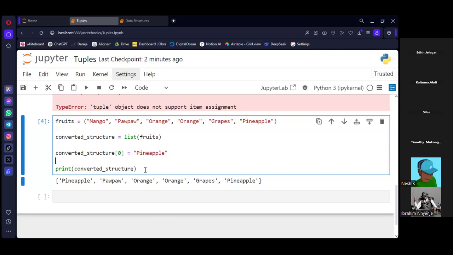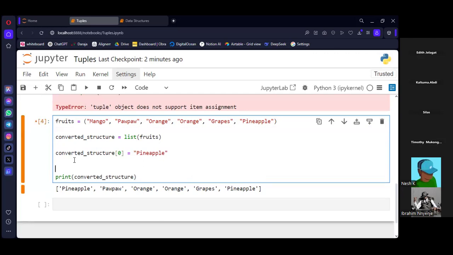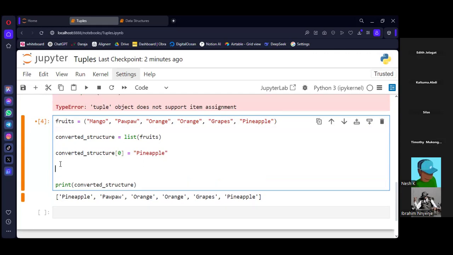But the output is still a list. People have given us the constructor, so we are going to use type conversion, in this case the tuple constructor.